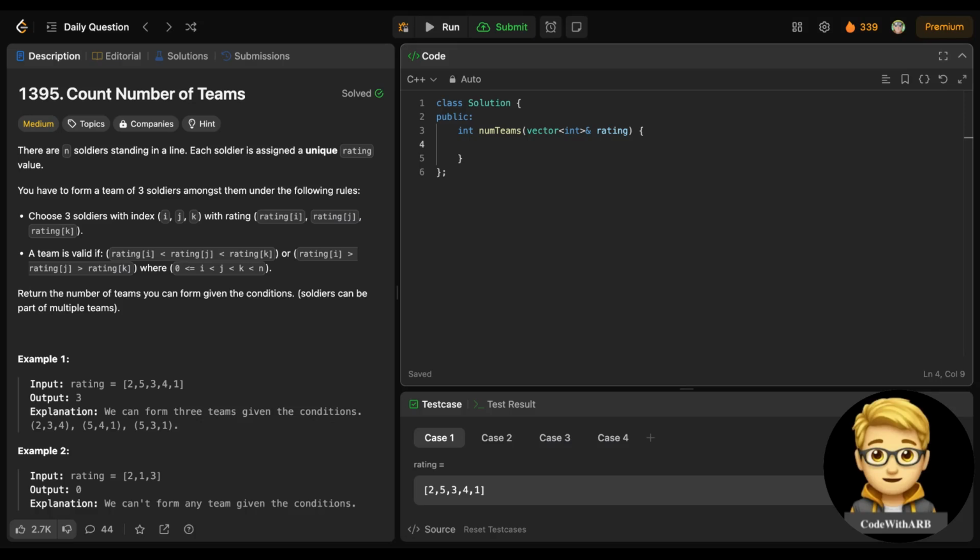We will solve today's LeetCode problem. The question is Count Number of Teams. The question is LeetCode medium. Let's see what the question is asking. So there are soldiers standing in a line. Each soldier is assigned a unique rating value, and you have to form a team of three soldiers amongst them